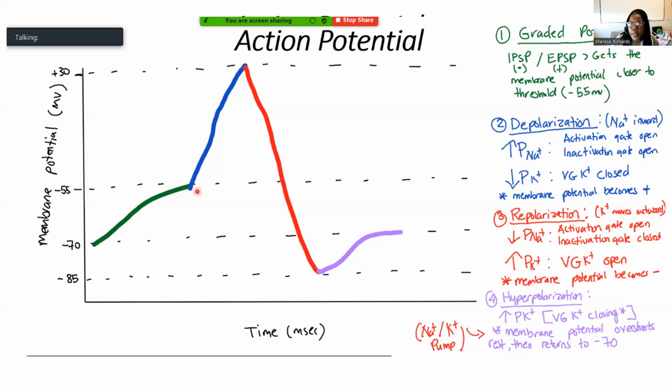Sodium channels open up. What does that mean? Activation gates are open. Inactivation gates are also open, and sodium can rush into the cell. The membrane potential becomes more positive as it does that. It tries to approach the equilibrium potential, but that doesn't actually happen because at +30, a 1 millisecond timer is already in effect, right? That 1 millisecond timer is in effect to where we have a reverse of the gating